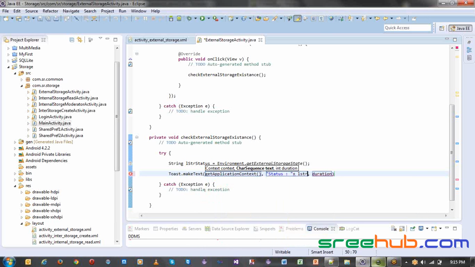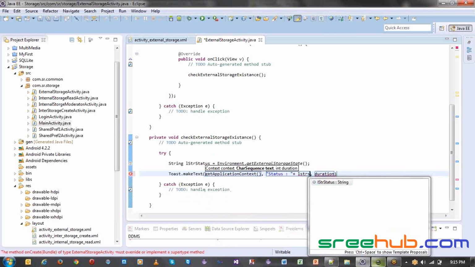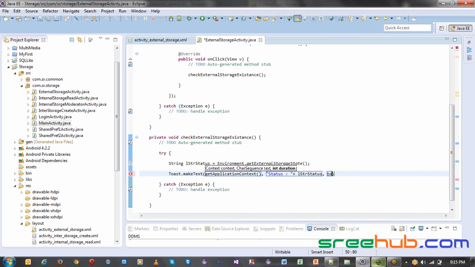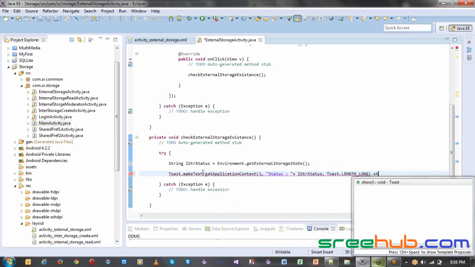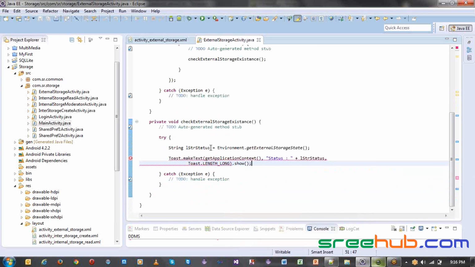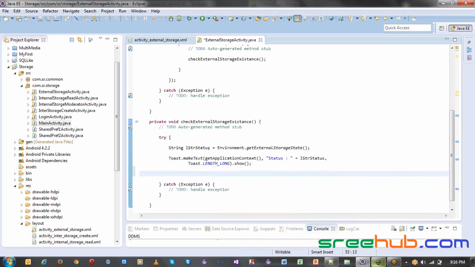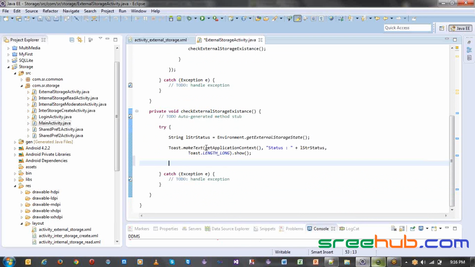It will actually give us the mounted status, right? So what is a mounted? I'll show you that. Dot long dot show, let's say. Normally, if you have used your Android phone, right? Normally, what happens whenever you append or add your external storage? What happens? The first thing you have to do is format your